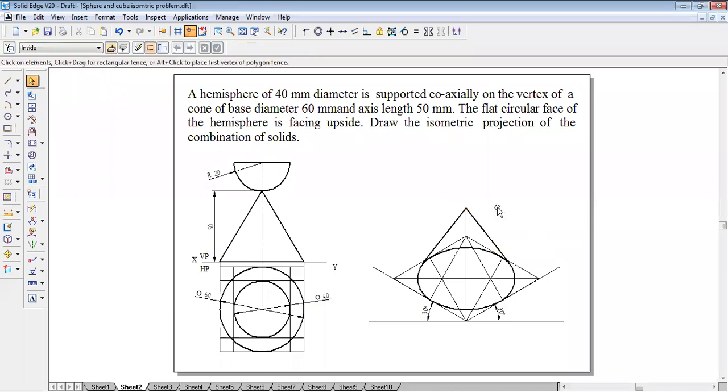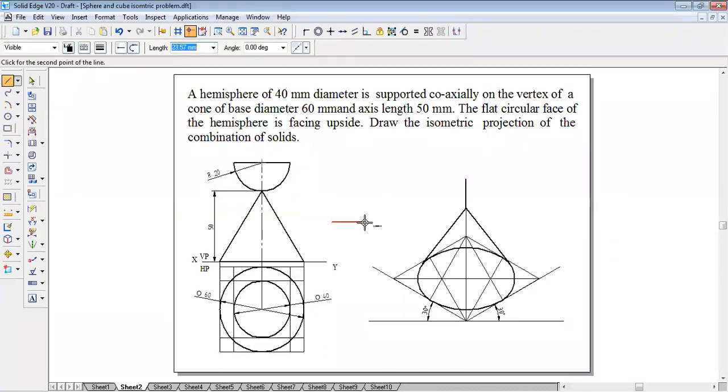Okay. After you draw the tangent lines, now you have to draw this particular circle, right? So what you have to do, you have to measure the height, or what I can do, I can simply measure the height from here. It is how much? Radius of 20 mm. So I'm reducing it. I've drawn actual scale. So 20 mm length, I've taken it here, located a point. Now what I'll do, in a separate diagram, I'll draw the ellipse part of it.